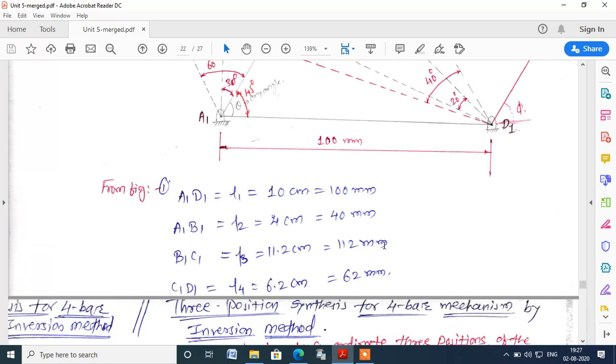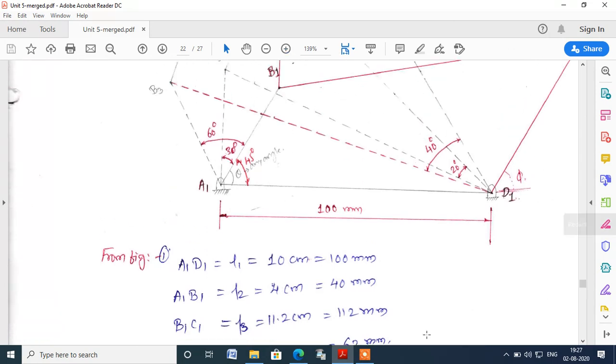You also measure this. So there is some variation in your answer. So 5 to 10% variation is acceptable in the answer. So this way you have to solve such type of problem and this method is known as method of inversion. This is very easy method. Make a practice so that such type of problem will be solved within 5 to 10 minutes in the exam. So we will see another problem in the next class.